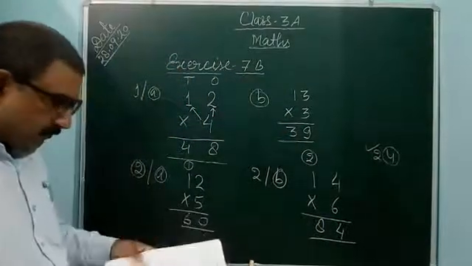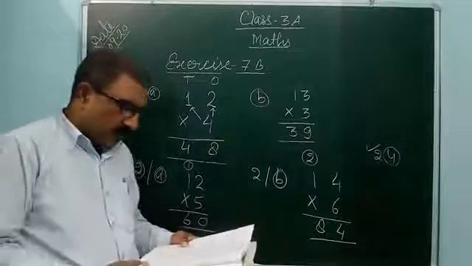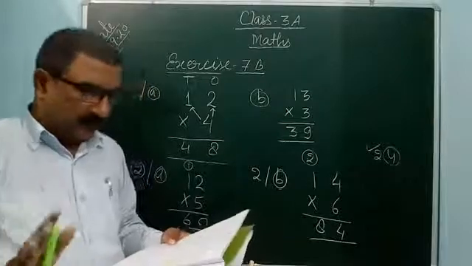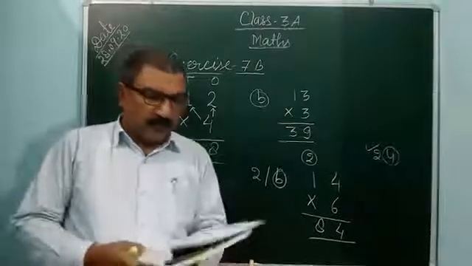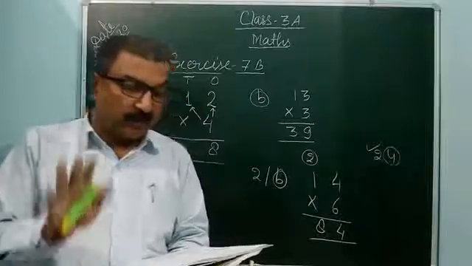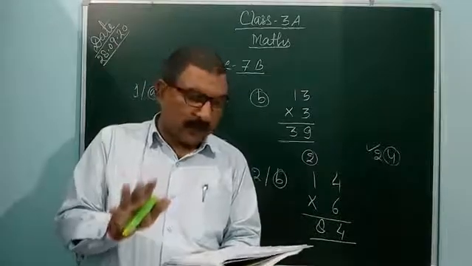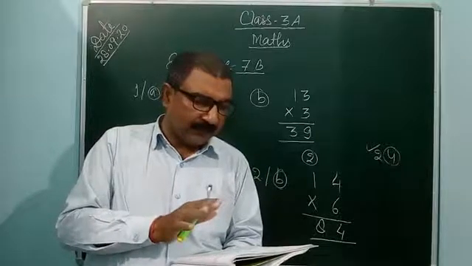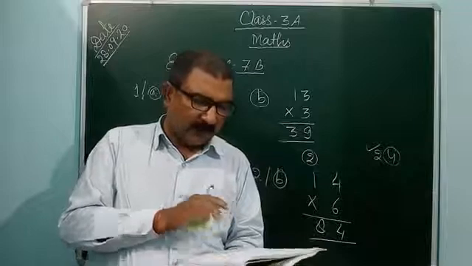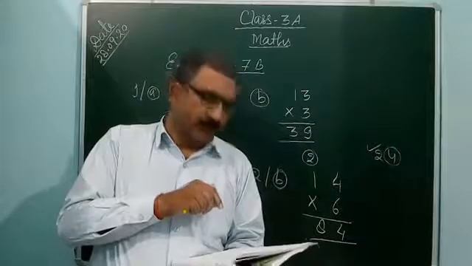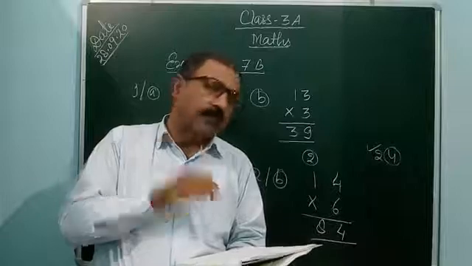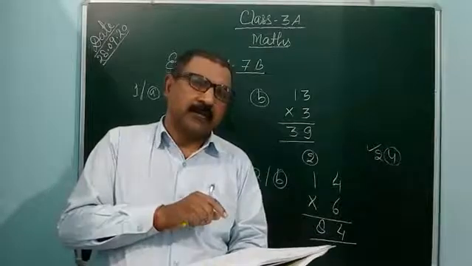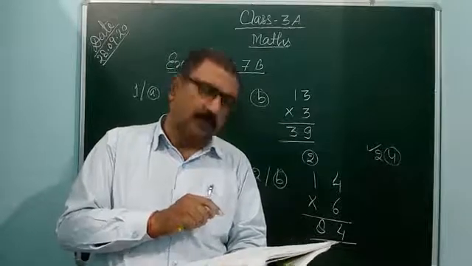After that, question C, D, E, F, G, H, I, J you can do yourself. Today, solve exercise 7b at home as homework. What I have solved also, first question, you solve A to J in your book and your copy. Question number second also you solve in book and copy. Try to do question number third, and tomorrow I will explain question number third and fourth. Thank you.